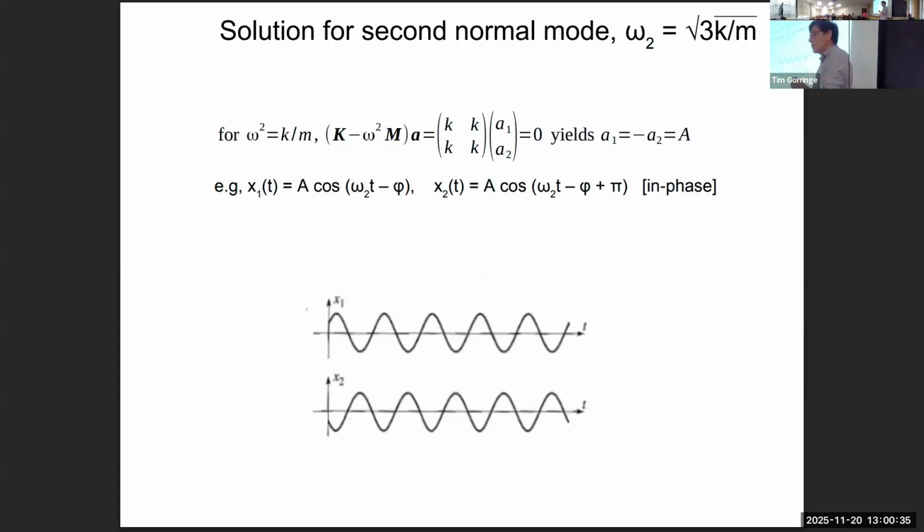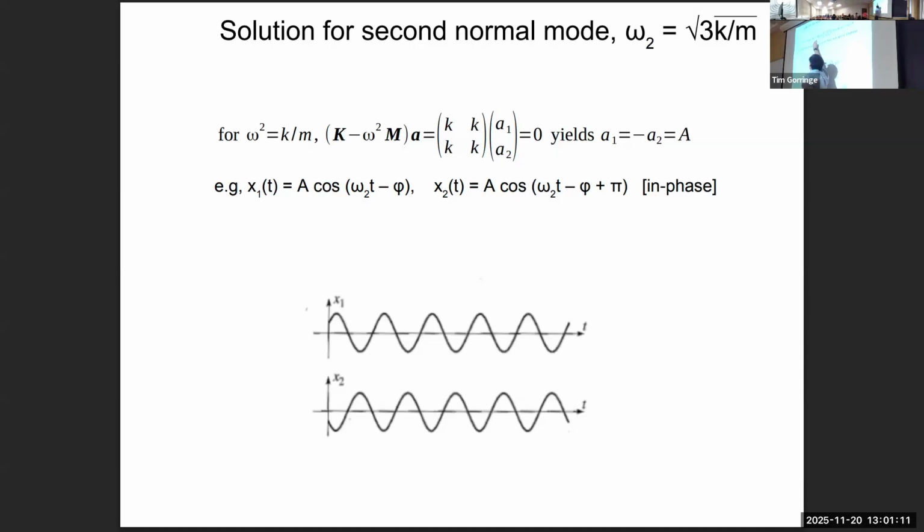There was a second mode that we discovered. It was the higher frequency mode, higher by a factor of square root of 3. We can take that frequency and plug it also into that matrix vector equation, replacing omega squared by 3k over m, and see what that tells us about the amplitudes of the oscillations when you have that particular frequency, the higher frequency. So that's what I did here. Here's my